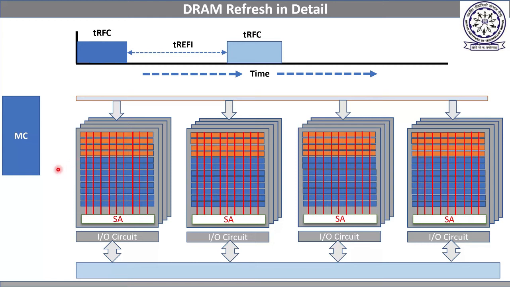So in normal DRAM refresh, or normal DRAM design, one refresh interval counter and one row counter are required for each rank. I hope this is clear to you. Again, if it is not clear, try to understand it. What I am saying is, one refresh interval counter and one row counter are required for each rank in case of auto refresh in normal DRAM.